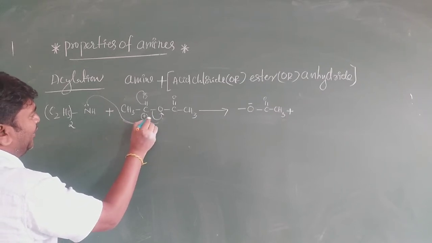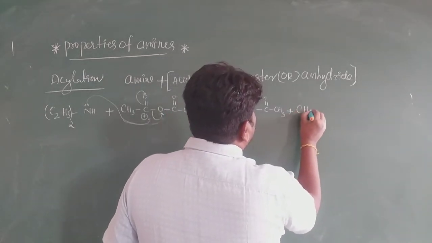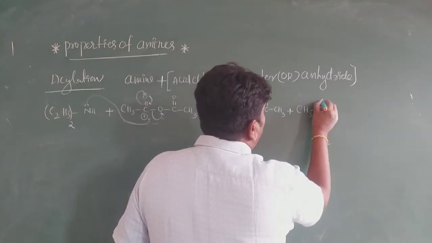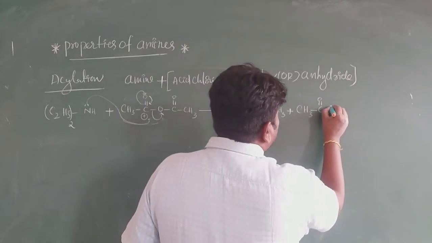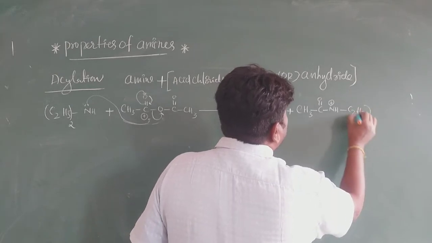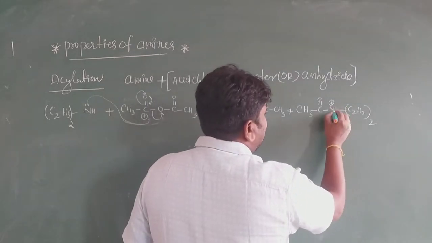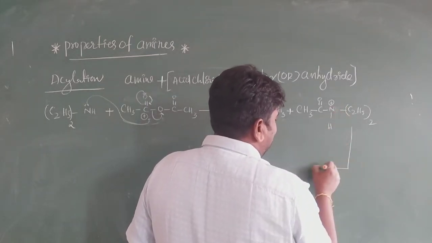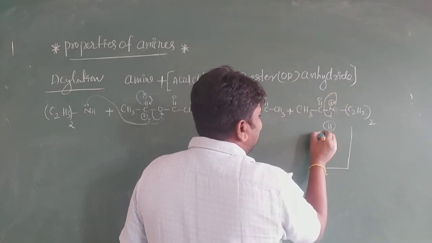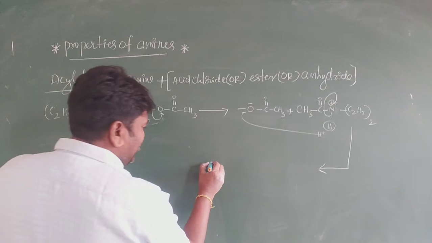So here the carbon, very important. What is the product, my dear students? See here, it is CH3. Next, these electrons are shifting: CH3, C double bond O, next N with a positive charge, and C2H5 twice. I'll write it like that only, with a hydrogen down here. What happened here? These two electrons are shifting to nitrogen. It is eliminated as H plus. This H plus attacks here only. What is the compound, my dear students?